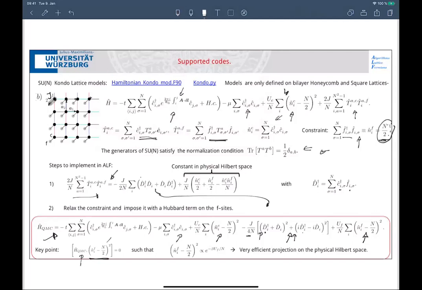That means that before running the code, you can show that n_F(i) minus n divided by 2, this is a local problem, right? You can solve that and see how quickly this goes to 0 if I just calculate it for here. And that will go as e to the minus beta U_F divided by N. So you will exponentially project onto the correct Hilbert space. And you know exactly this factor. So before you start the code, you know exactly, for a given beta and N, what type of U_F you have to choose so as to project onto the correct Hilbert space. Is that okay?